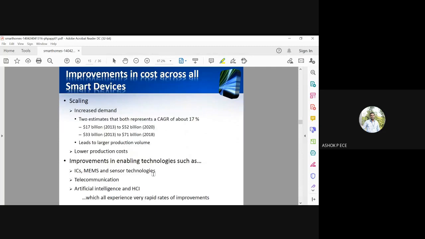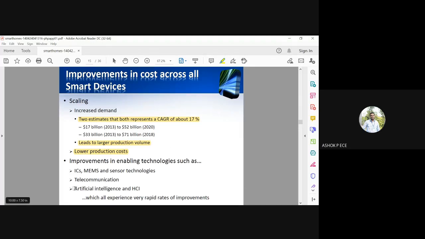So we have seen that by implementing smart devices, an estimated 17% growth is achieved. When the production is larger, cost is going to be less. As the years go by, smart homes are going to become more popular, and these devices are going to become cheaper and cheaper because of technological advances and the fabrication mechanisms.